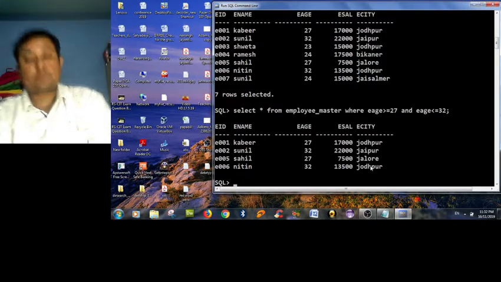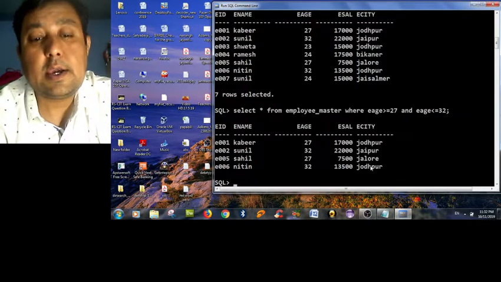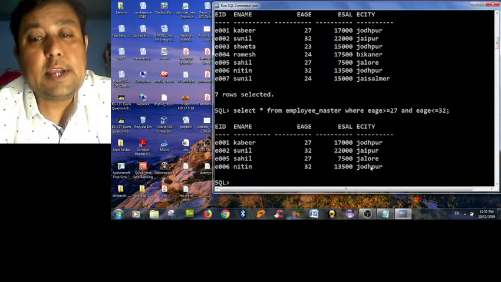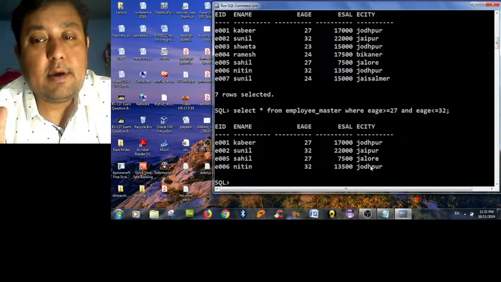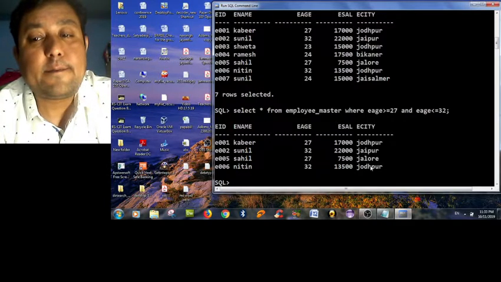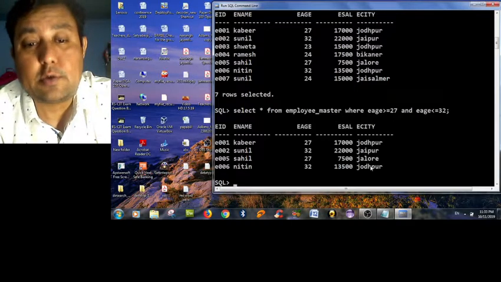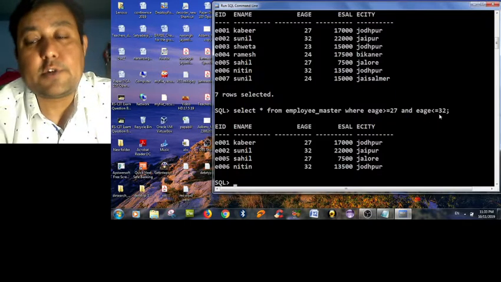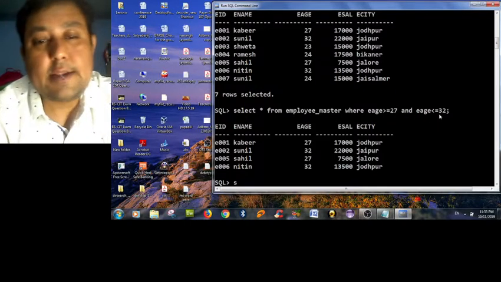One more thing I have to share with you: if we have a range of numbers, and we have to find the records which are in the range of 27 to 32, we write this query like E age greater than equals to 27 and E age less than equals to 32. We can rewrite this same query using the